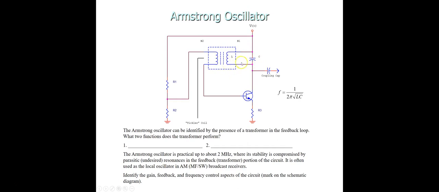So you see here the inductor and the capacitor make up the band pass filter, and you know that the frequency of this oscillator will be controlled by this band pass filter. And this band pass filter can pass only frequencies within its bandwidth, and it rejects frequencies that are above or below its resonant frequency. This band pass filter is formed by the capacitor you see here and the inductor. So this is the functioning of this Armstrong oscillator,